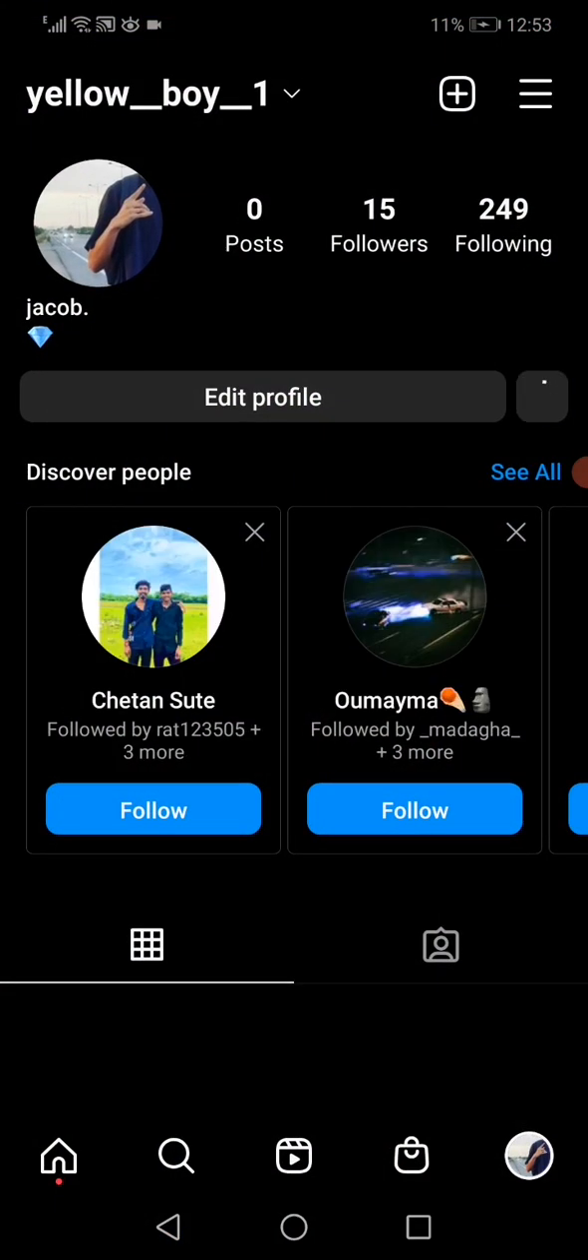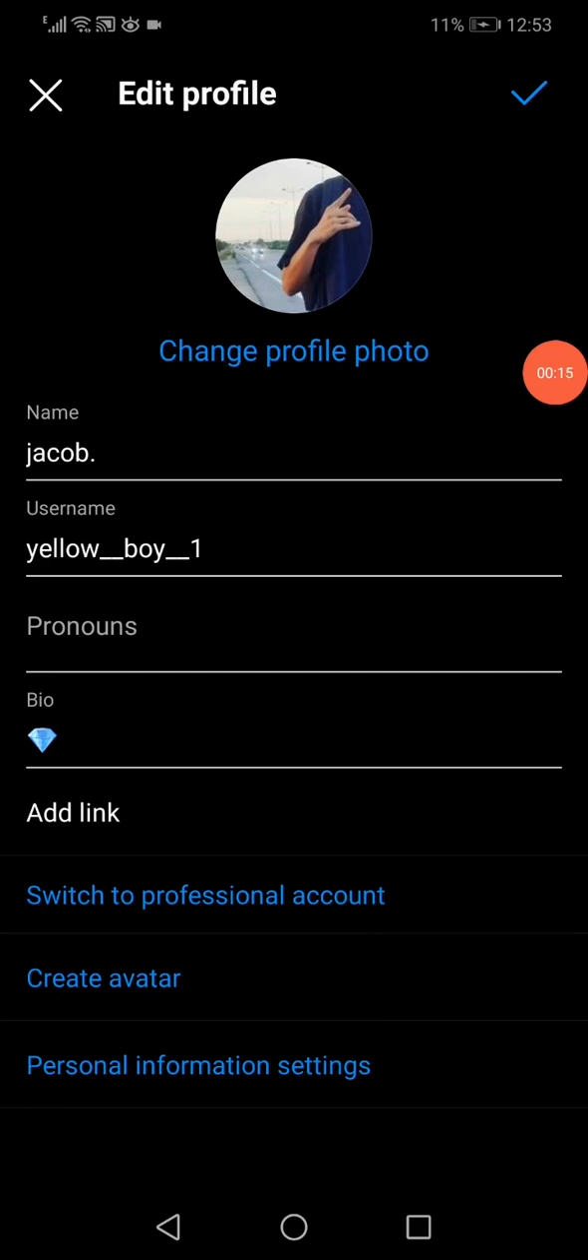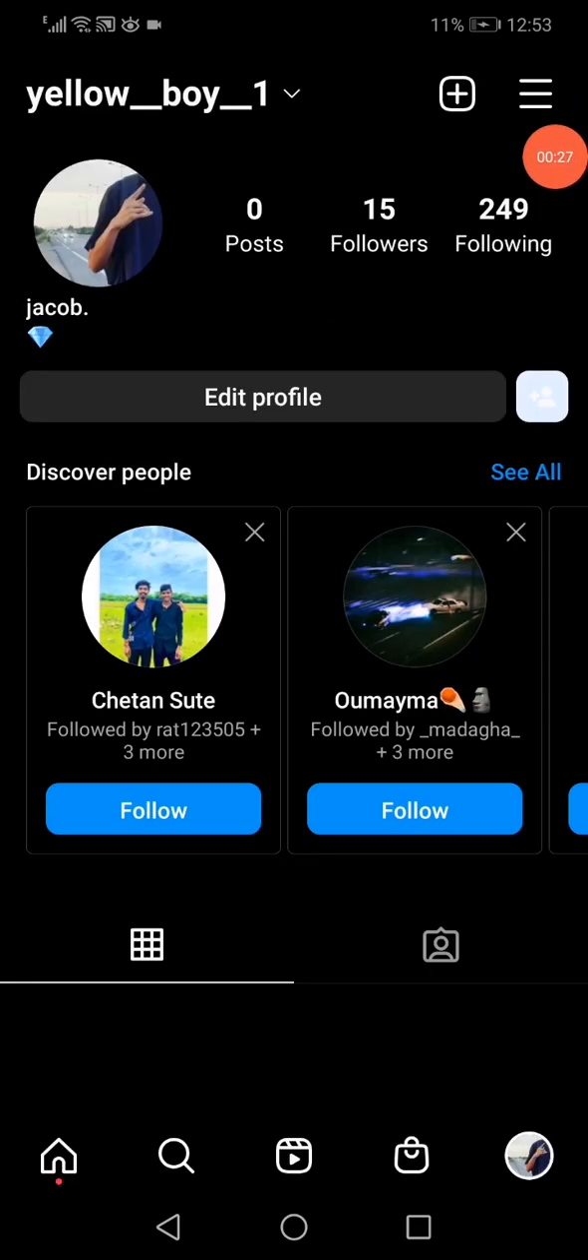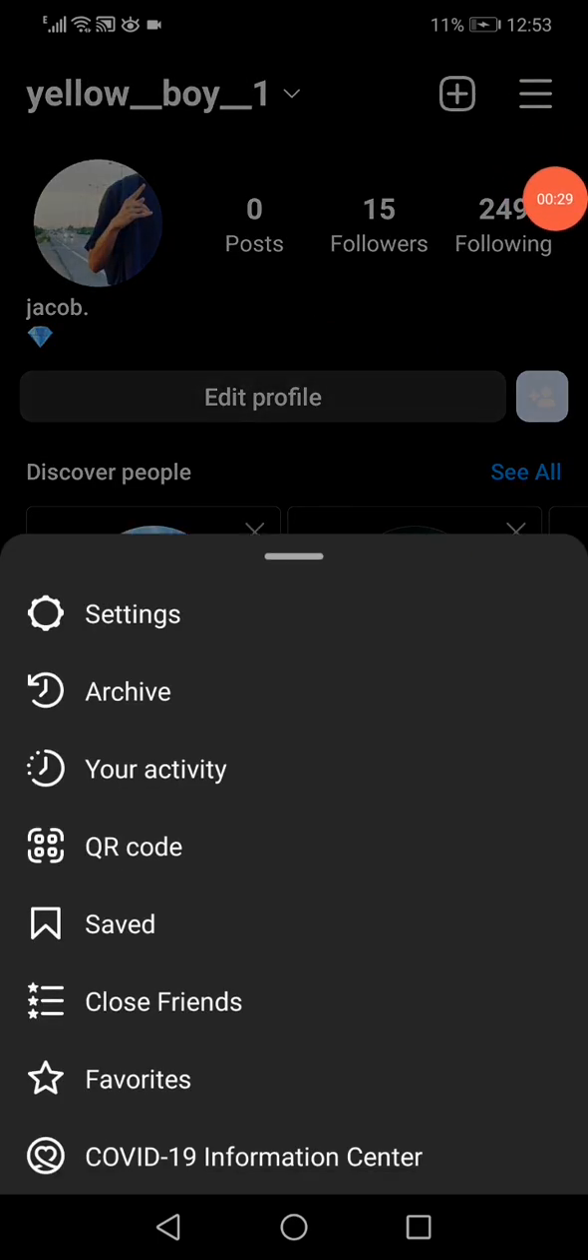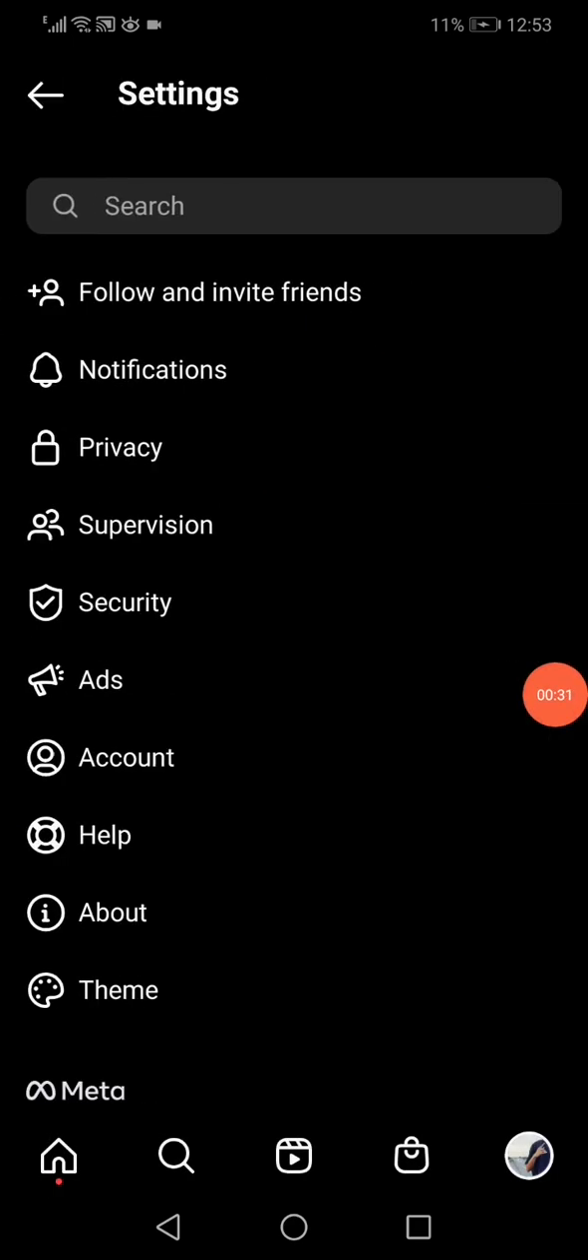First thing, open your Instagram and go to your profile and click on edit profile. Now all what you want to do here is make sure to change your profile photo and also change your name, username and bio, and change everything. So after that, click confirm, go back,